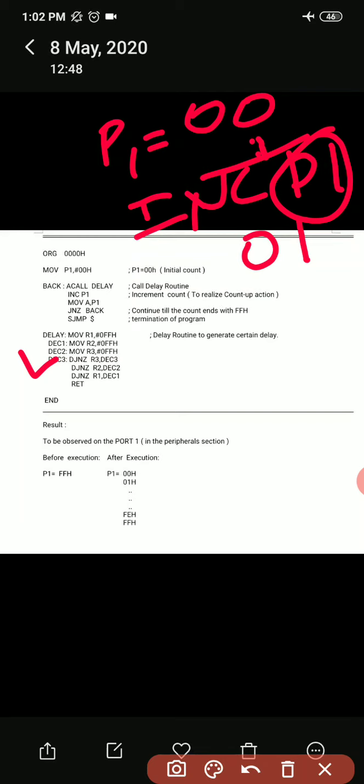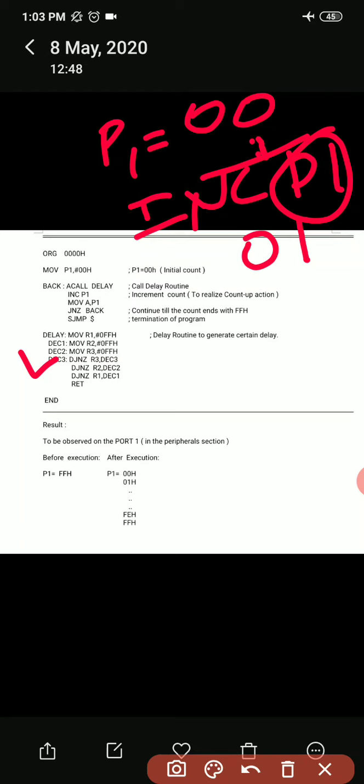Again after displaying this value on P1, we call a delay, because the user has to be able to see that value. Unless the program has a delay, the user cannot see these values.